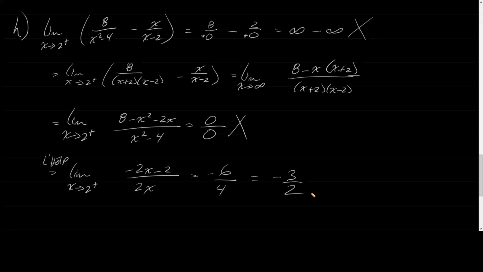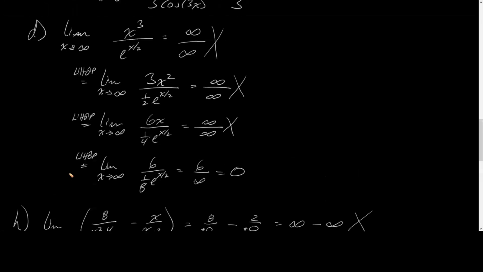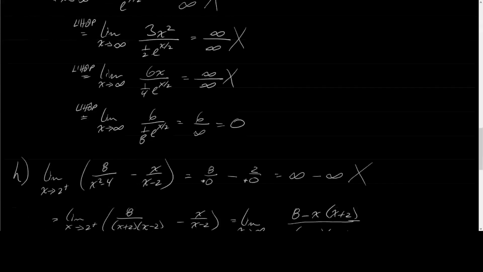Notice that I stopped taking L'Hopital's rule, unlike in the last example, where I took L'Hopital's rule over and over again. And I just realized I somehow went from D to H. That should have been E. But the point here is that